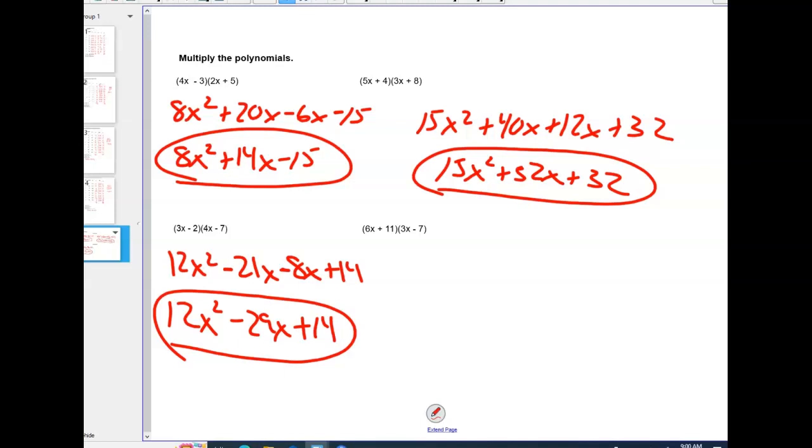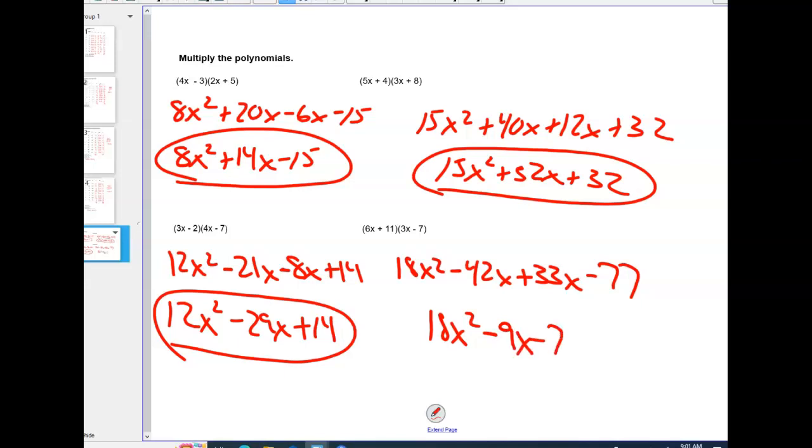And finally, 6x times 3x is 18x squared. It's minus 42x plus 33x. And then minus 77. 18x squared minus 9x minus 77 is